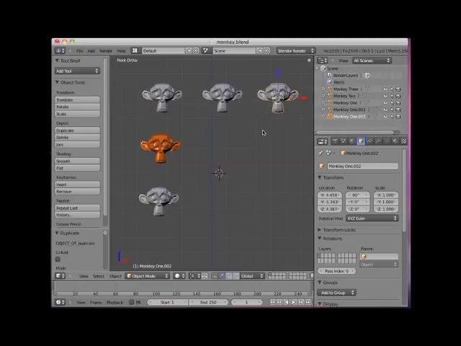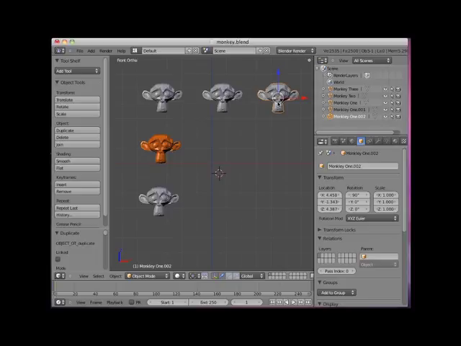Duplicate objects created with either the Duplicate button or the Shift-D Blender shortcut are independent objects. Note that Blender automatically names the duplicates using the .001, .002, and so on suffix. Any transform, move, rotate, or scale, or any modification or edit done to the duplicate will not affect the original or any other duplicates. For instance, I will select the last duplicate,